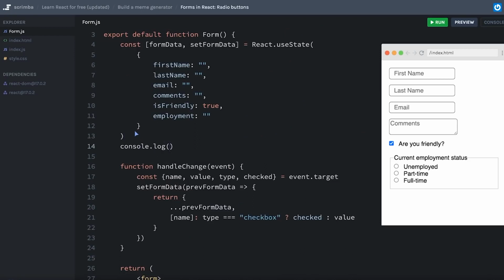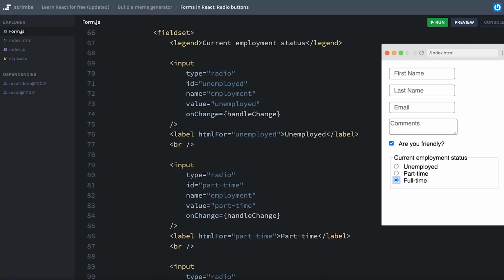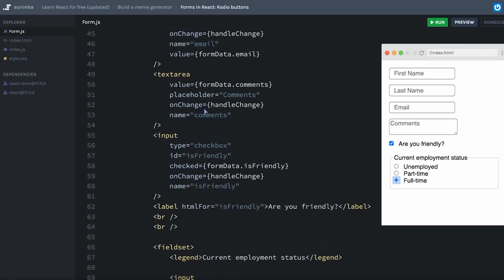We'll just console log the employment part of it. So we'll say console log formData.employment. If I hit refresh, we get an empty string, and then when I choose unemployed, it switches to unemployed, part-time, and full-time. There's one more small thing that we need to change, and it's essentially mirroring what we did when